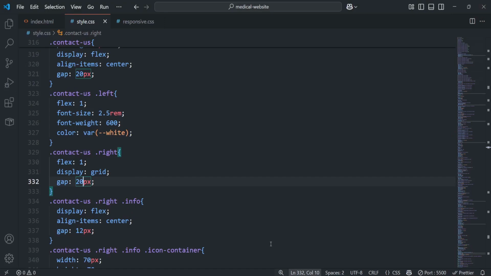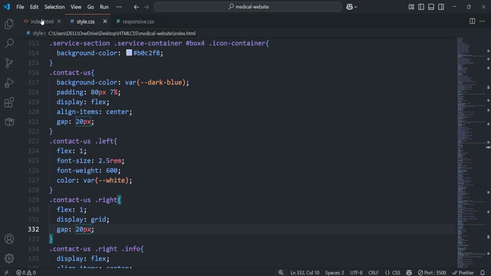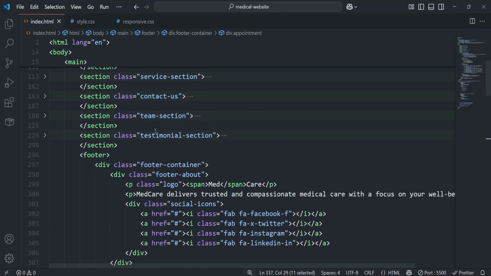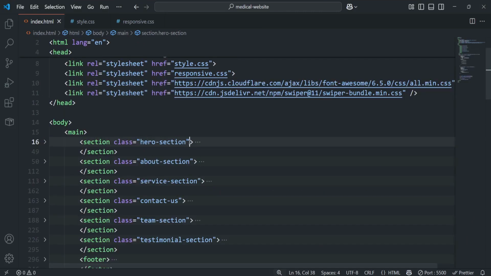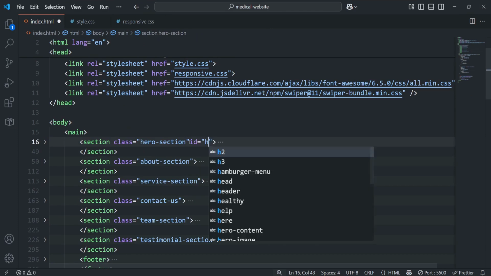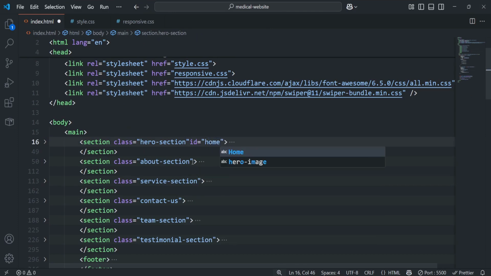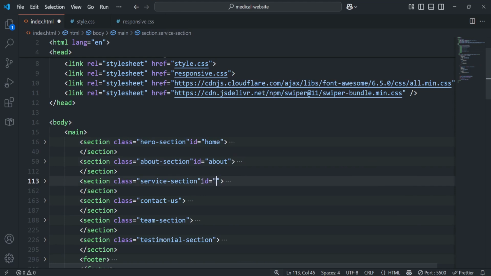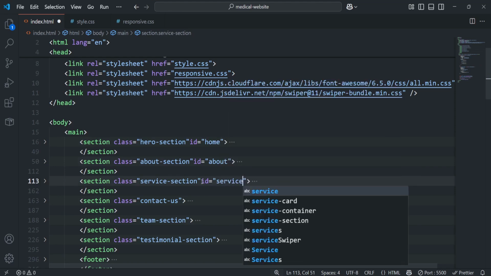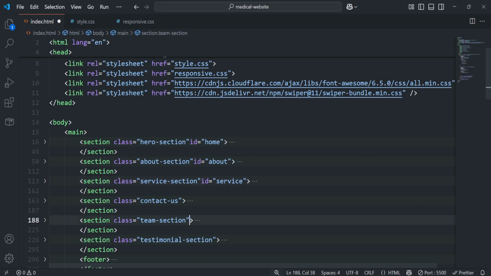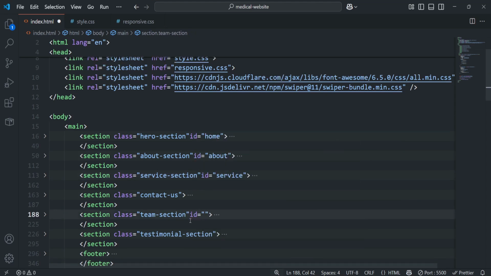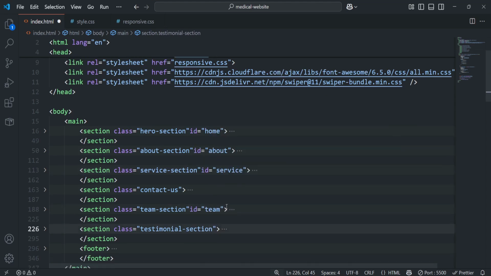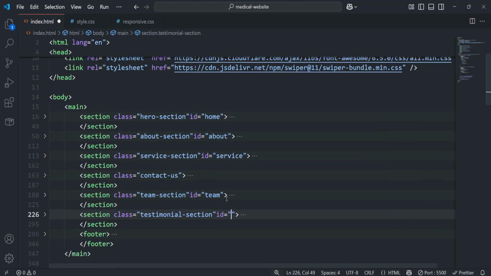First of all, you have to add an ID property to each of the sections. So I'll grab the footer right here. I'm going to give this hero an ID of home. I'll give this about an ID of about. Then I'll give this service an ID of service. Then I'll give this team an ID of team. And lastly, I'll give this testimonial section an ID of